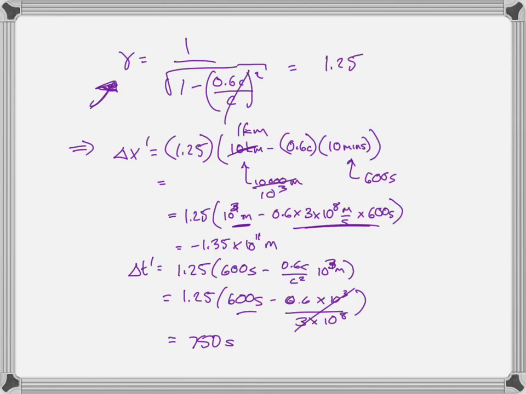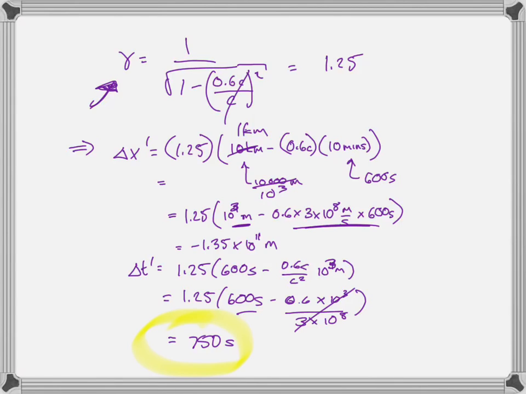But it's the fact that I am present. This is important. It comes up later. I am present at the first event, leaving my house, let's say. I am present at the second event, completing a 1 kilometer walk. The fact that I am present at both of those events means that I measure the shortest possible time between the two events. That's not obvious here. We're going to prove that later. But I'm just pointing out right now that I measured 600 seconds between the events. The alien measures 750 seconds between the events.